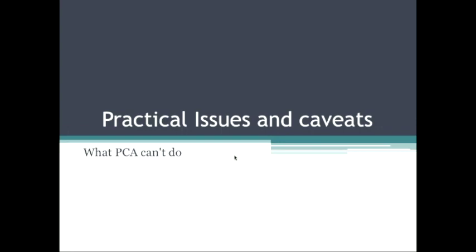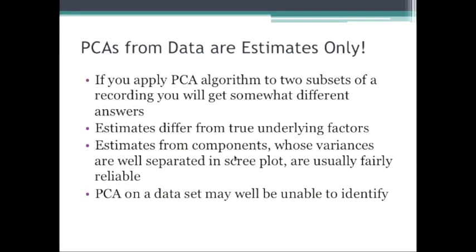Okay, so I want to discuss some practical issues and some caveats here. So first, the numbers you're getting are not sort of ideal true values. If you were to record another set of data from the same neurons under the same conditions and do PCA, you would hopefully get similar but not identical results. The theory tells you that these numbers are estimates of some true summary variables, but you would need an infinite amount of data to actually compute those true summary variables, which we don't have.